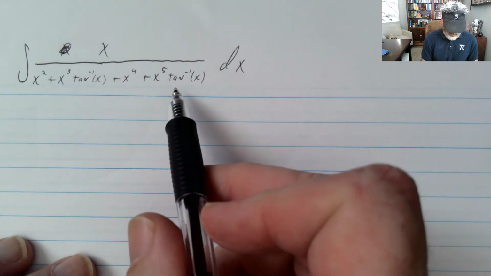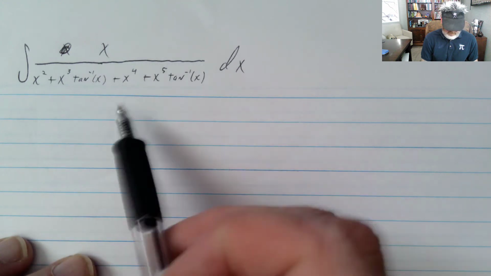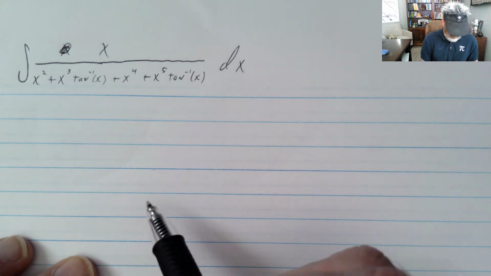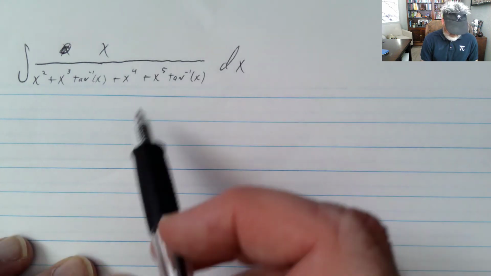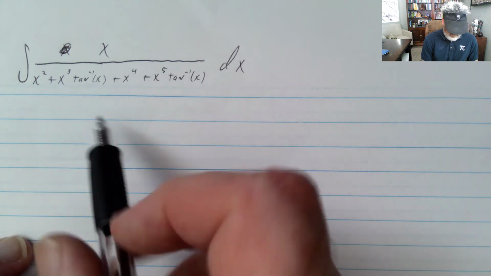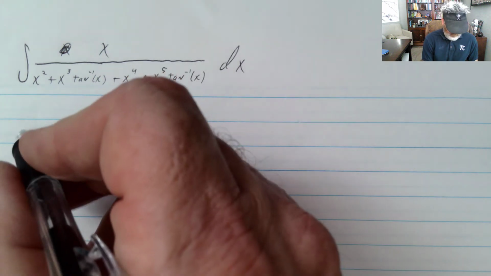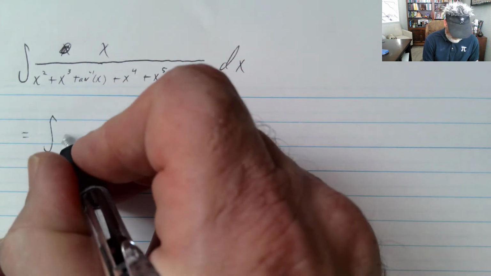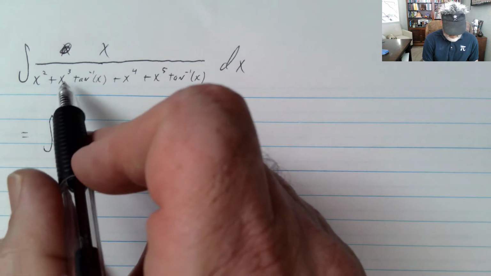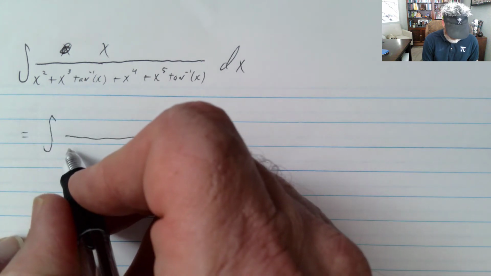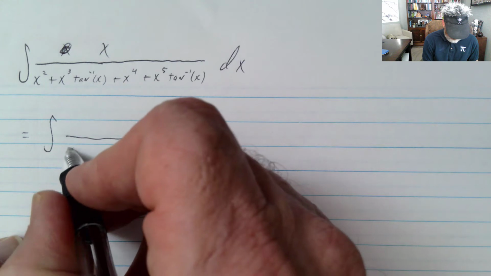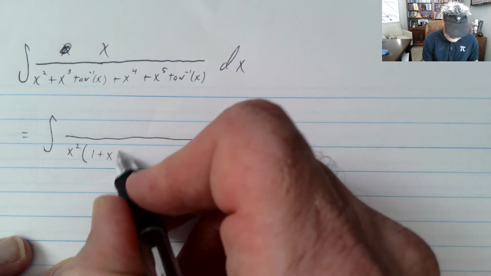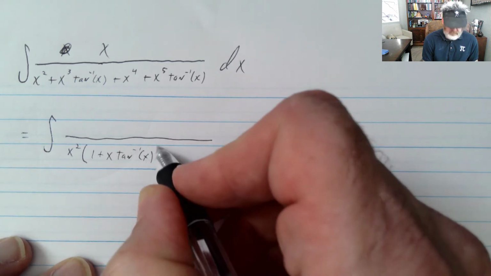You've got these 4 terms, and you also have an x. You can easily cancel, and it really doesn't matter if you cancel first or later. I'll leave the x's alone for now and factor the denominator by grouping. In the end I kind of want to factor out x cubed, but let's pretend like we didn't know that yet. So I'll just factor out x squared, and then we would have 1 plus x arctan x, and then